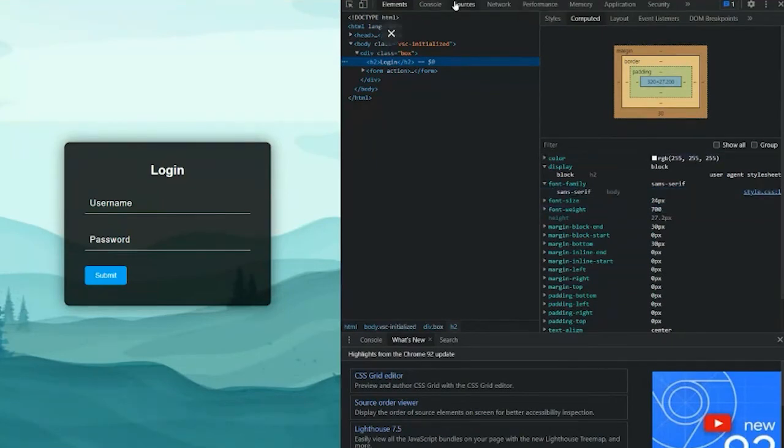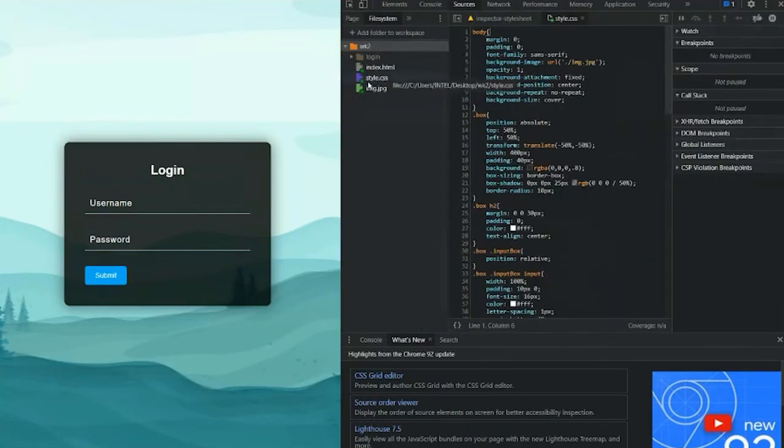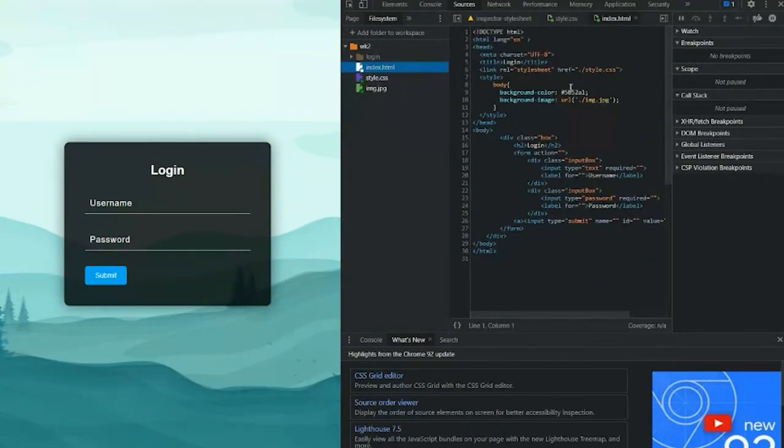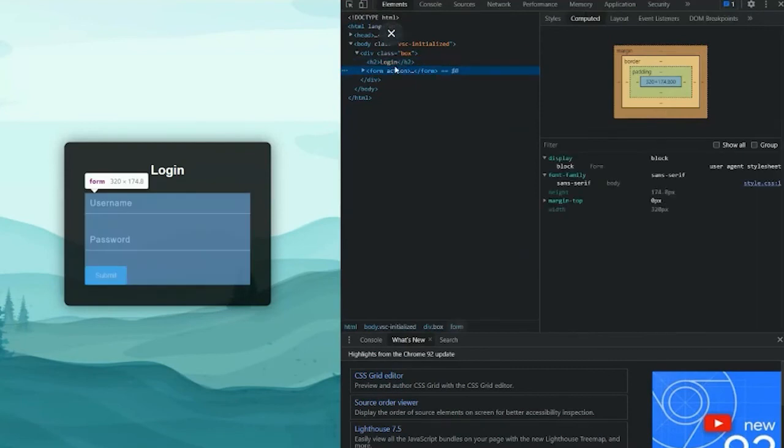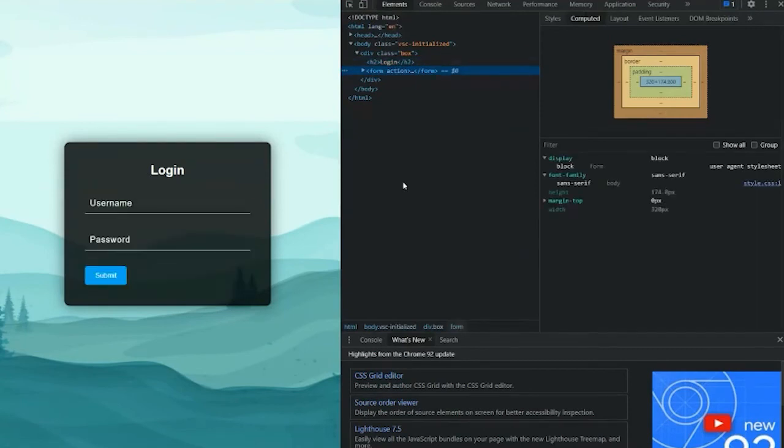In case you want to edit HTML, you can directly go to the HTML file and edit it here. This change will reflect in your file system, but the one you do here won't reflect in your file system. Okay, and that's it.